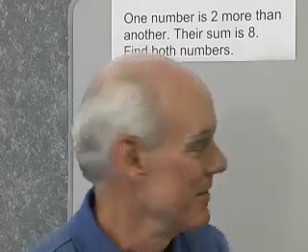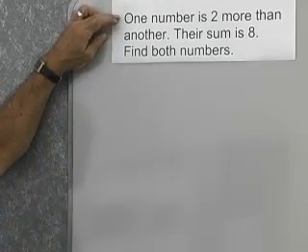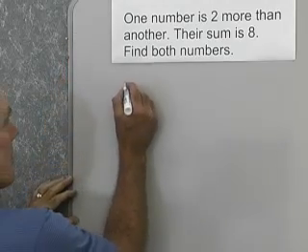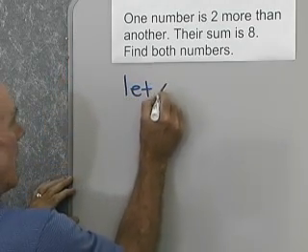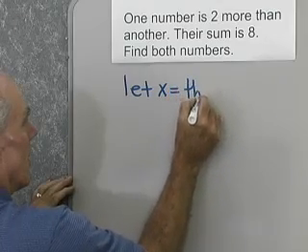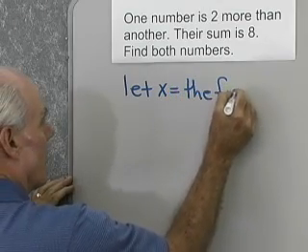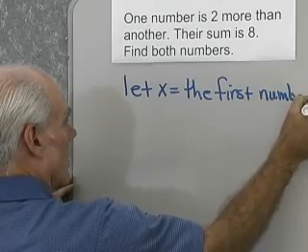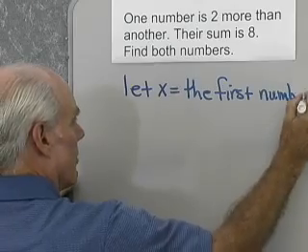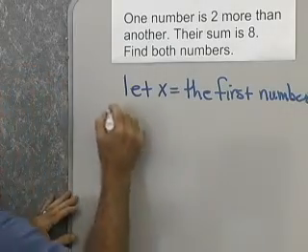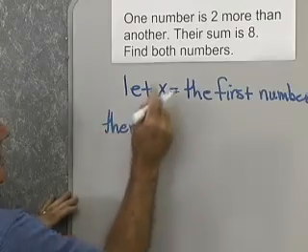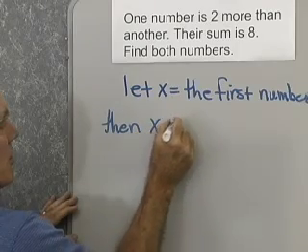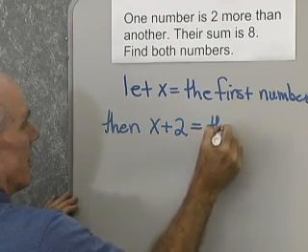Let's look at our first one. We have here that one number is 2 more than another. Their sum is 8. We want to find both numbers. So what I'm going to do is say let's let x equal the first number, or one of the numbers. Let's let x equal the first number, and then the second number is 2 more than the first one. So then x plus 2 equals the other